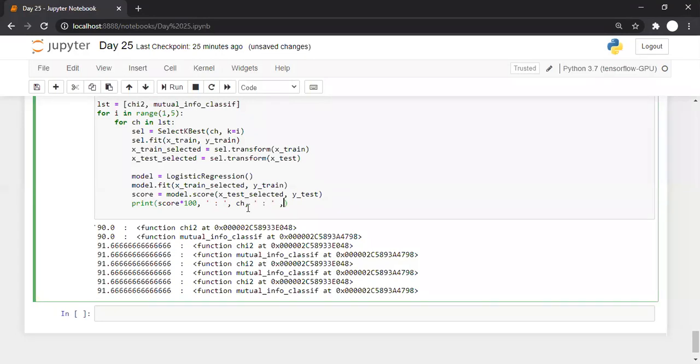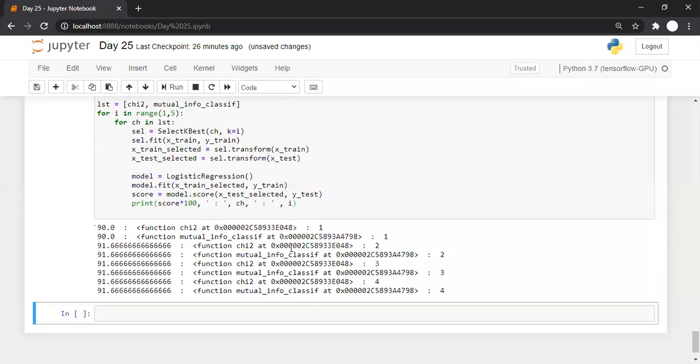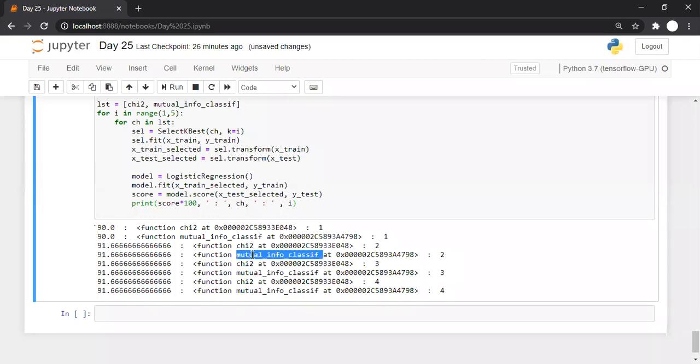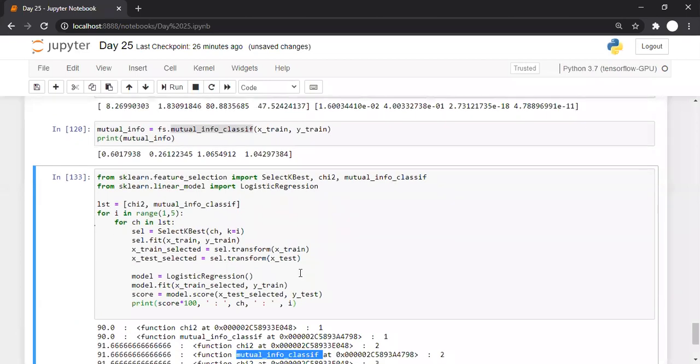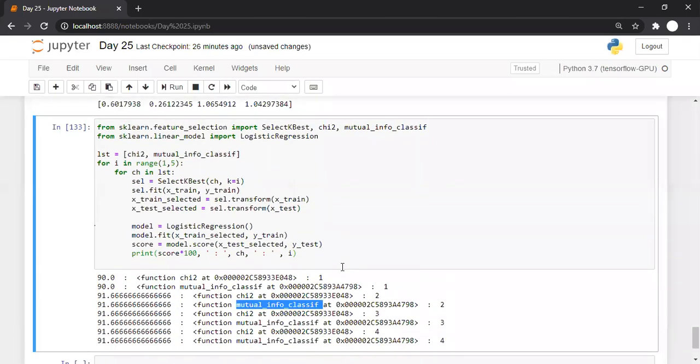So I'll come to know how many features. So it says that okay, use two best features, and we can use the chi-square method or we can use the mutual info method according to our requirement. But we know that mutual information calculation is less computationally expensive as compared to chi-square. So I can go with mutual_info_classif, that is mutual information also. So this is another way of dimensionality reduction where I'm going with mutual information. We are calculating the mutual information between X data and Y label, and we are selecting the attributes with highest mutual information. And how many attributes can we specify over here? K number of attributes.